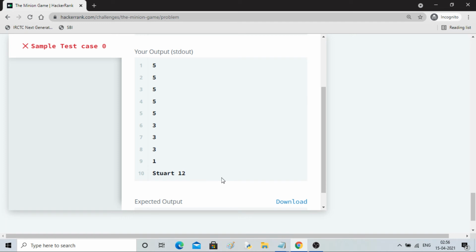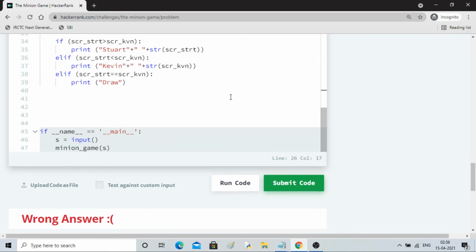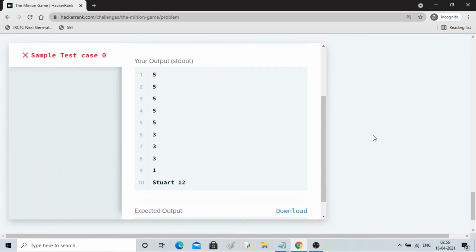Okay, so I is length of I is, no, j0, I to 5 times into I. If I do, I will be length of 6 minus 5, 6.